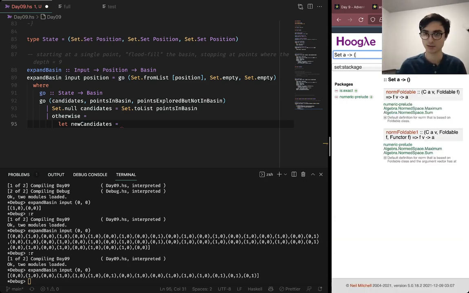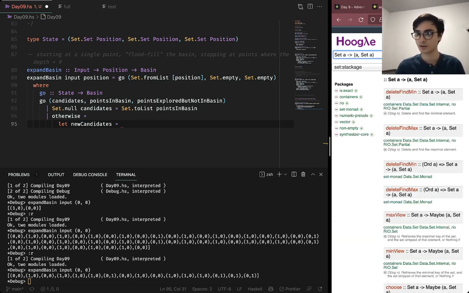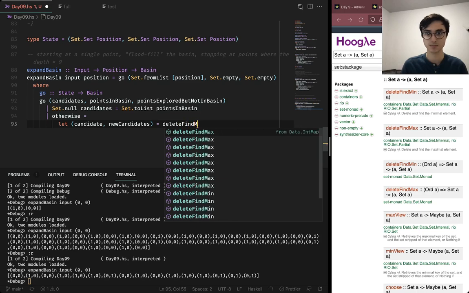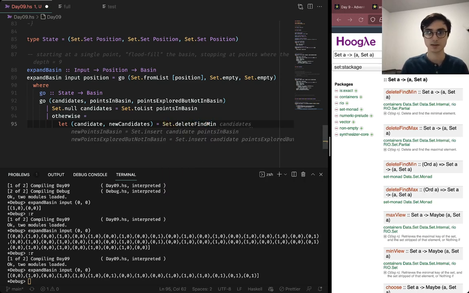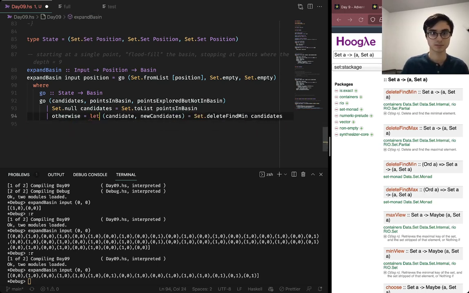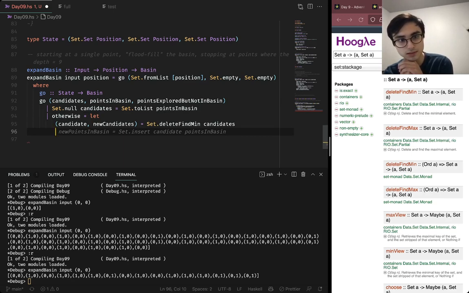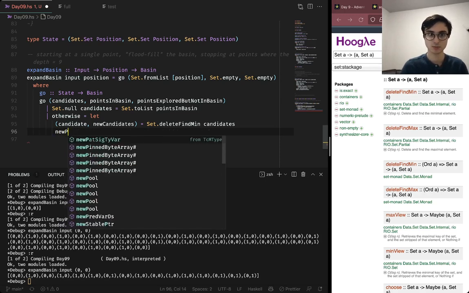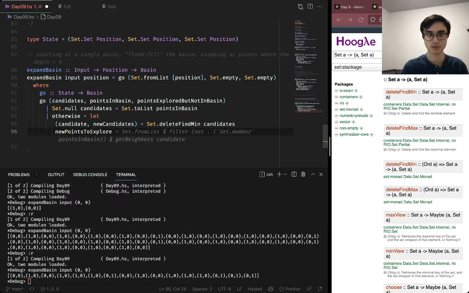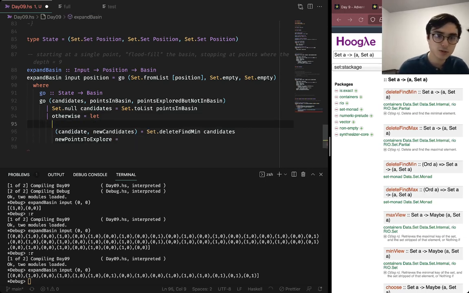Wait, we have delete find min. So let candidate, new candidates equal delete find min candidates. Does that let me write it like that? The new points to explore. Oh, you know what? First, we should